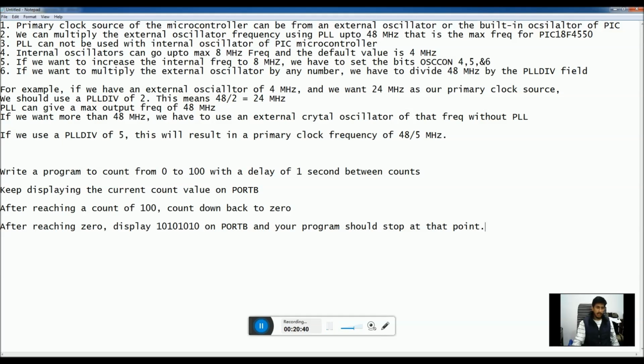Let me tell you that when you write end, your program ends, but it will start again from the origin, and it will keep executing the same complete program in an infinite loop.